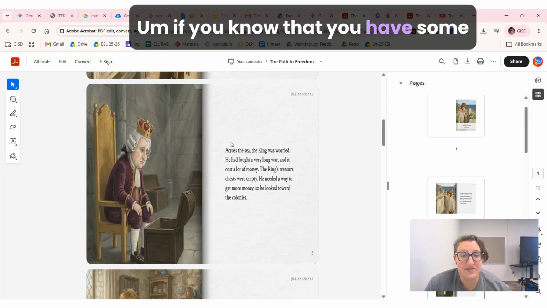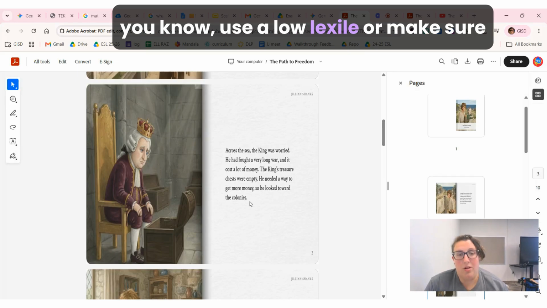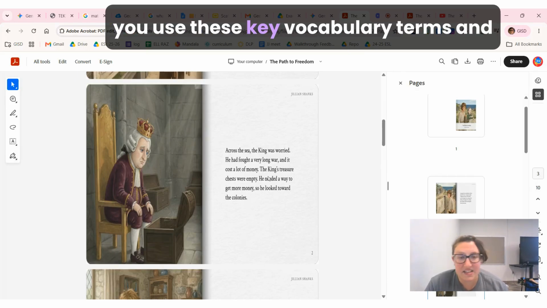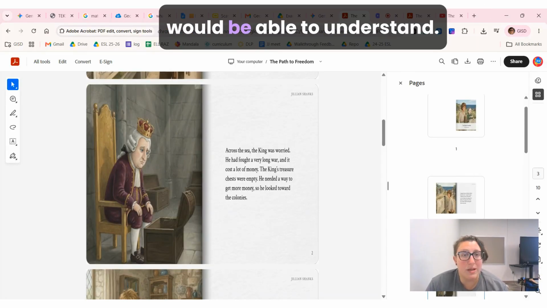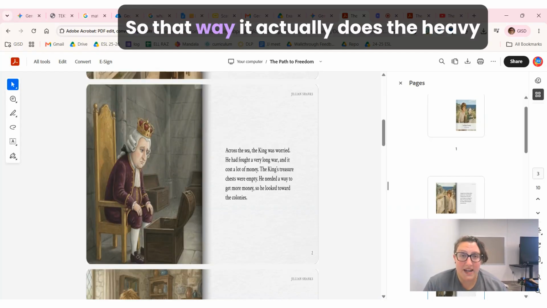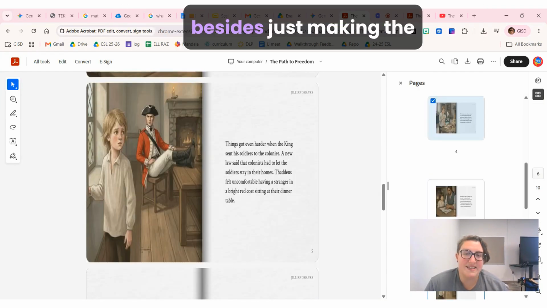If you know that you have some beginners, then you might want to say, use a low lexile, or make sure you use these key vocabulary terms and explain them in a way that a beginner would be able to understand. So that way it actually does the heavy lifting of scaffolding the story for you, besides just making